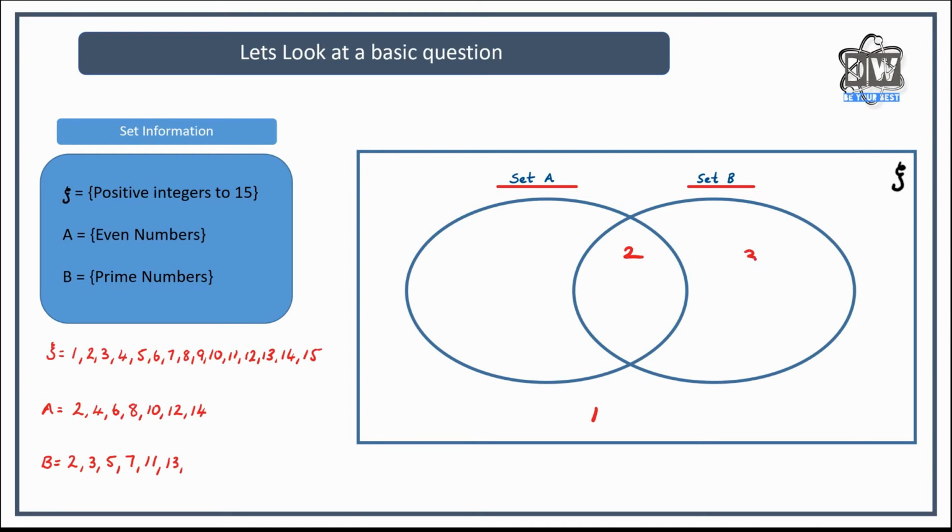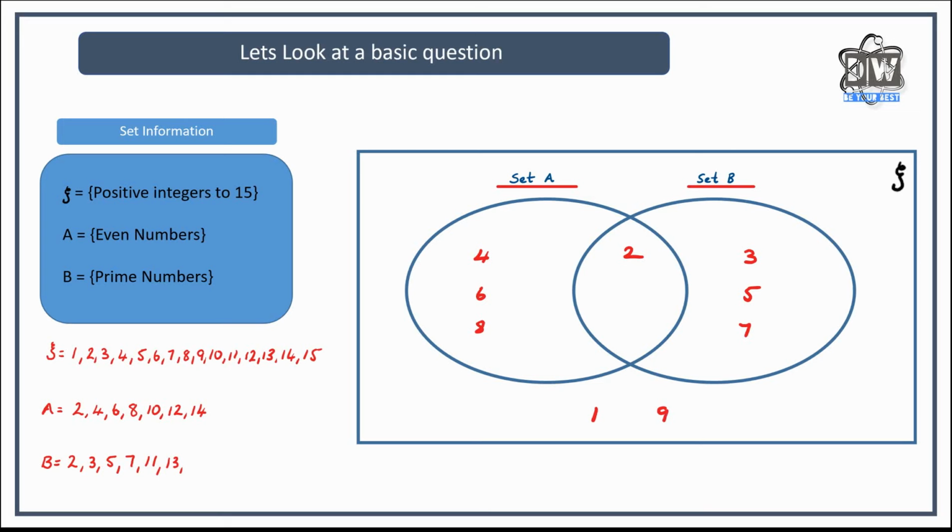So it goes in there. 4 is in A on its own, so it goes over there. 5 is in B on its own, so it goes there. 6 is in A, so it goes there. And you can see what I'm doing. I'm going through each and every number, making sure that I put them in the right area. 7, that's in B. 8 is in A. 9